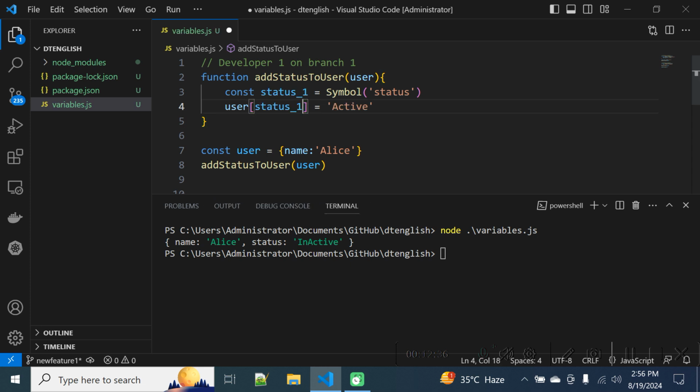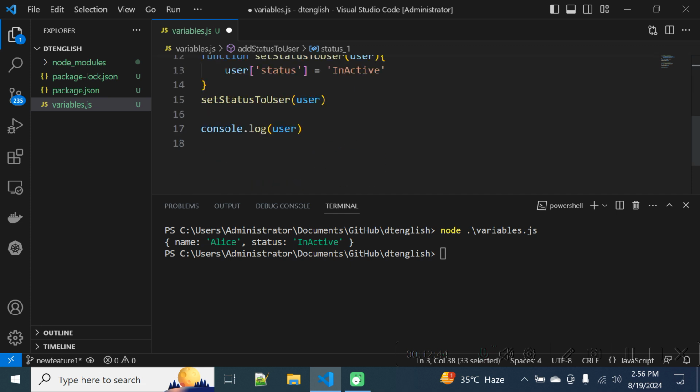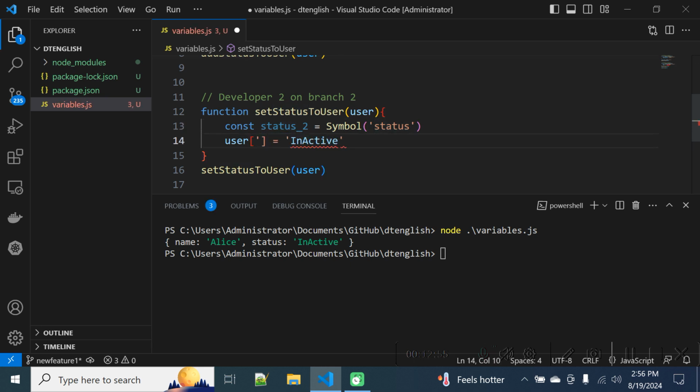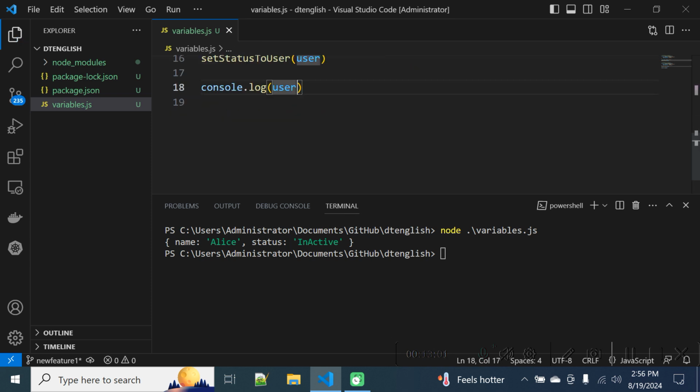Instead of using the value, we are using the symbol key, and here the same. Inside the second function, status 2, inactive. Now if you just print the user,